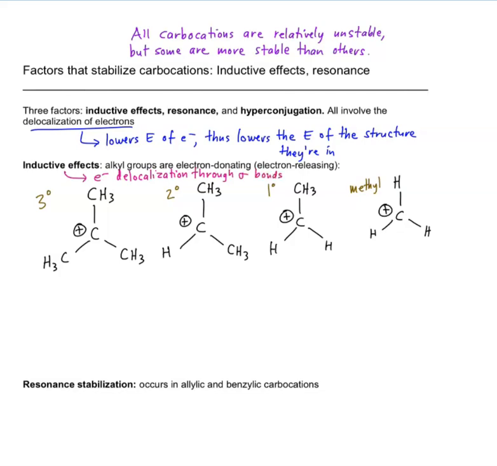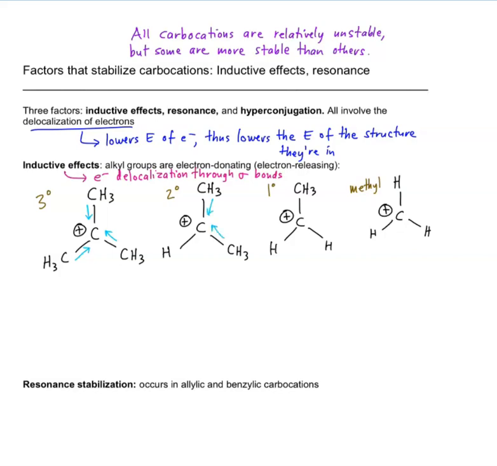Now remember that alkyl groups are what we call electron donating or electron releasing, meaning that because carbons and hydrogens, which are the atoms that make up alkyl groups, are not very electronegative, they don't hold their electrons very tightly. So they're able to release electron density through sigma bonds towards some other point in the molecule. In these cases, the other point in the molecule that they're releasing electron density toward is the carbon with the positive charge. So in the case of the tertiary carbocation, we see that there are 3 alkyl groups that are able to do this,